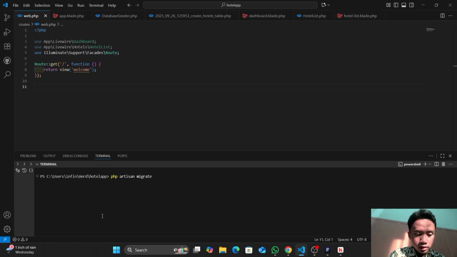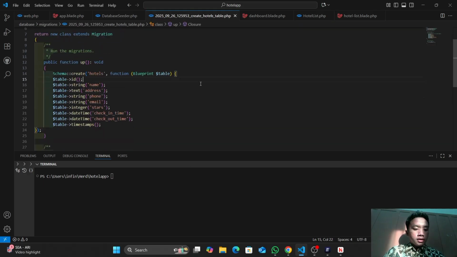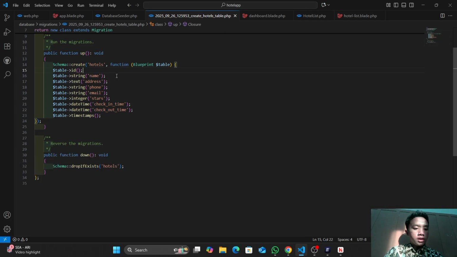First, you have to run php artisan migrate. First of all, you have to create a migration for the hotels table, so you can write the columns in the hotels table with PHP code, not directly in phpMyAdmin.